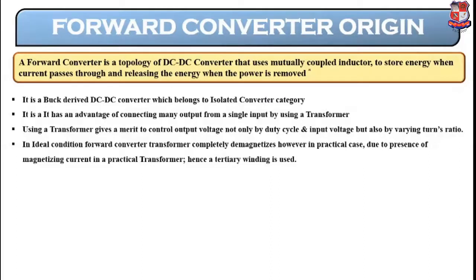And in ideal condition, so this is a problem. Every time there will not be only advantages. So this is an advantage, this is also an advantage, this is also an advantage, but this is a limitation, or you can say that this is a disadvantage. However, it can be improved. The disadvantage can be improved.